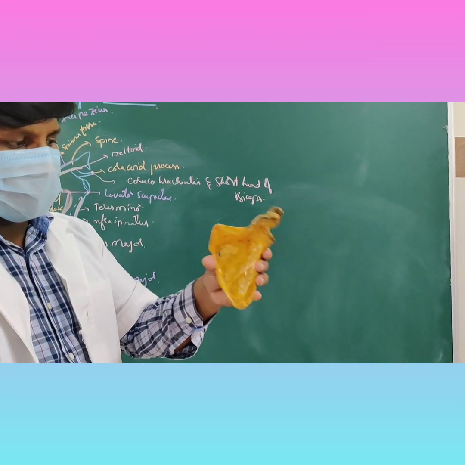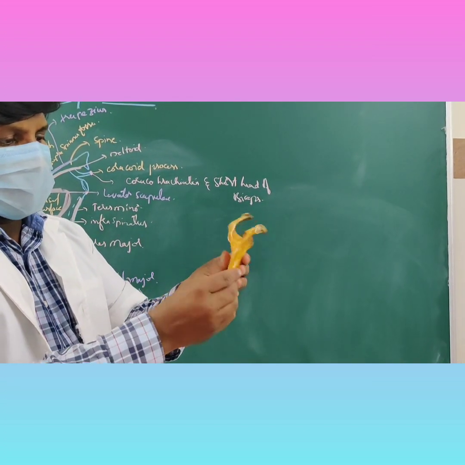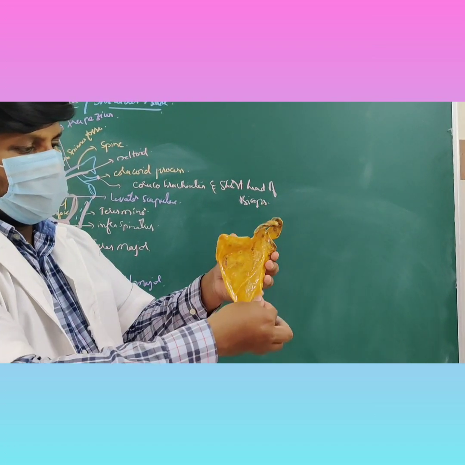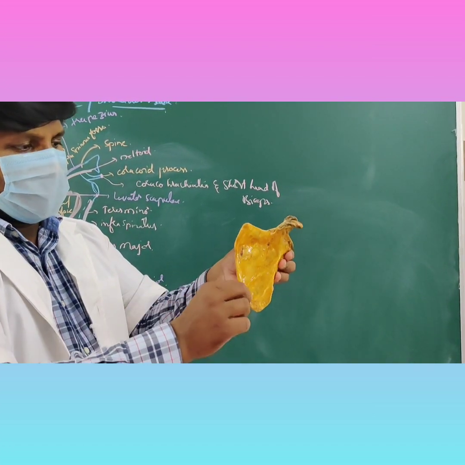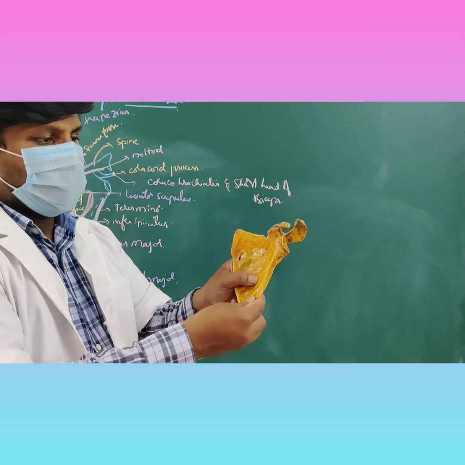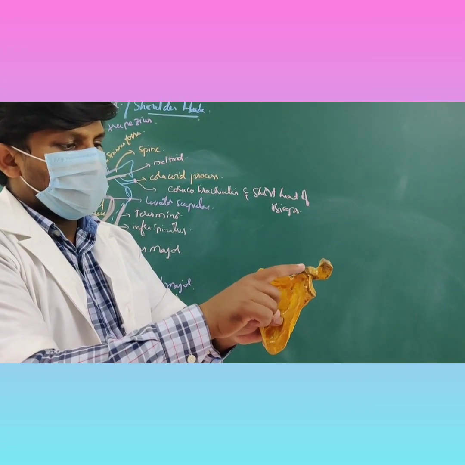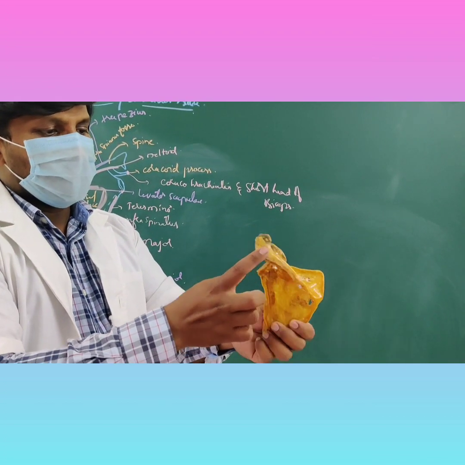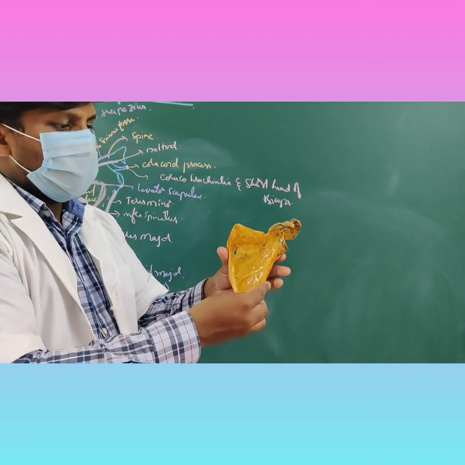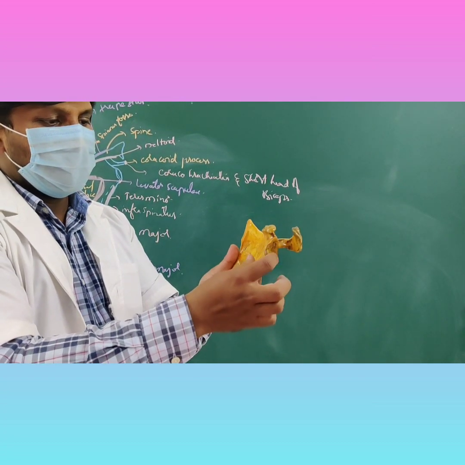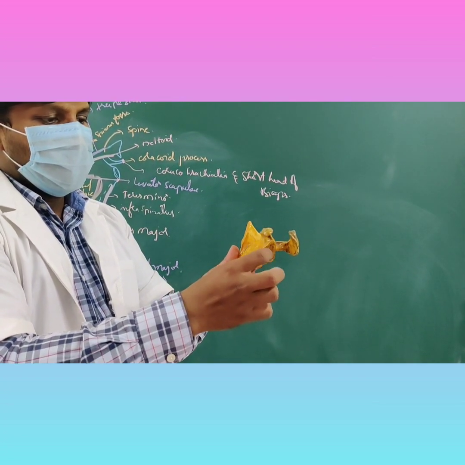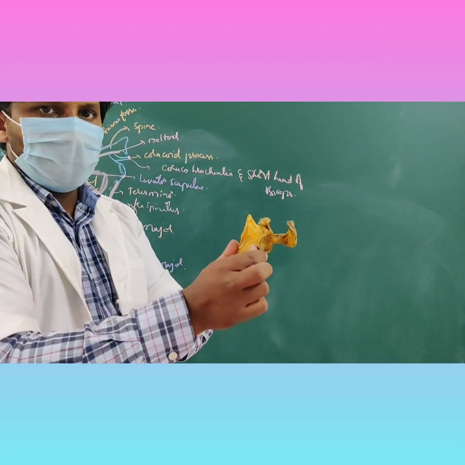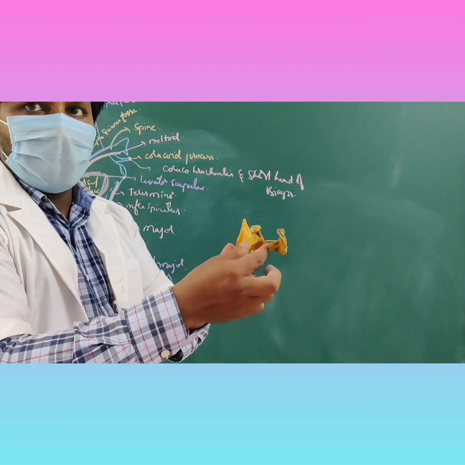So what are the features of the scapula? One anterior surface, one posterior surface, three borders: the lateral border, the medial border, and superior border, and three processes: coracoid process, spinous process, and acromion process. Then one cavity, which is the glenoid cavity. The margins of the glenoid cavity give attachment to the fibrous capsule of the shoulder joint and also the glenoid labrum.